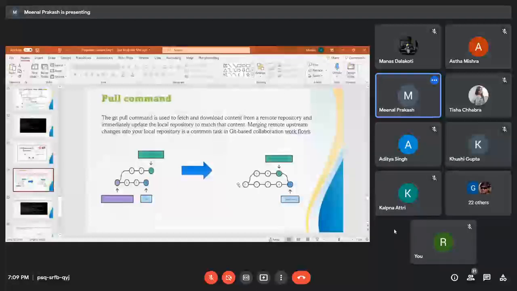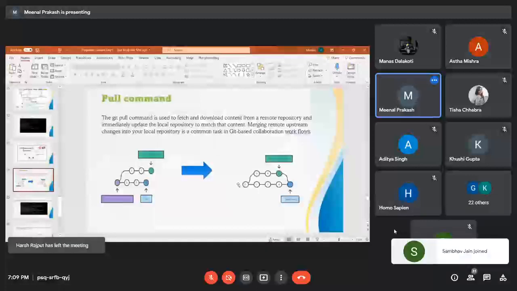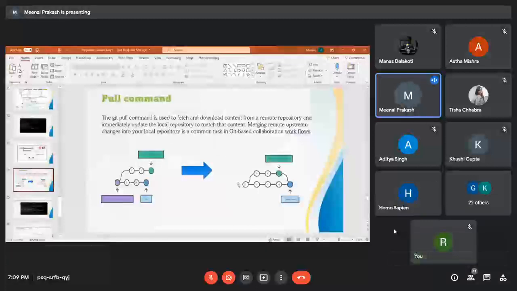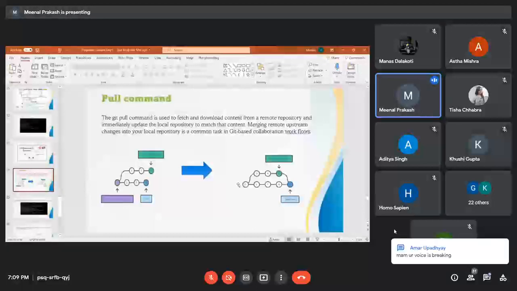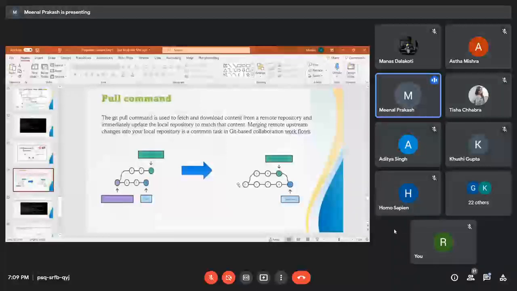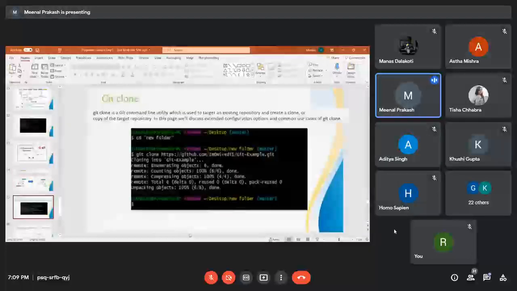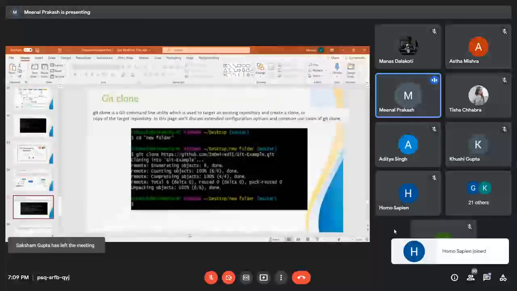What if we want to download a whole open source project or any project into our own workspace? So we use the git clone command. Git clone is a git command line utility which is used to target an existing repository and create a clone or a copy of the target repository.